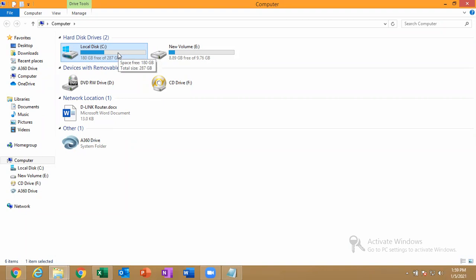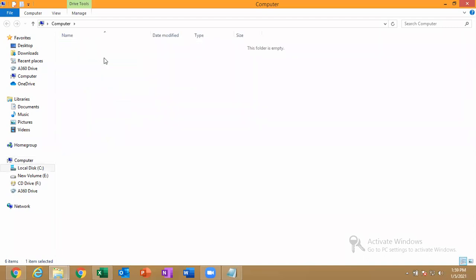So some people can ask, why sir, always C, D, E? What happened to A, B? So A, B are nothing but they are allocated for floppy disk, which were older. Before we used hard disk, we used to use floppy disk. But nowadays we are not using the floppy disk, we are using the hard disk. So that is why A and B are allocated for floppy disk. C, D, E, these are all allocated for hard disk.